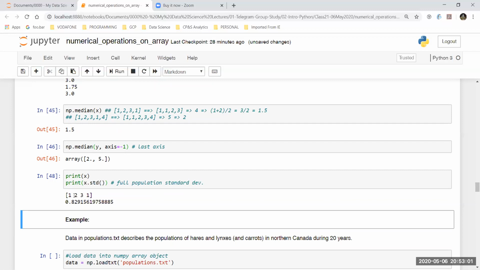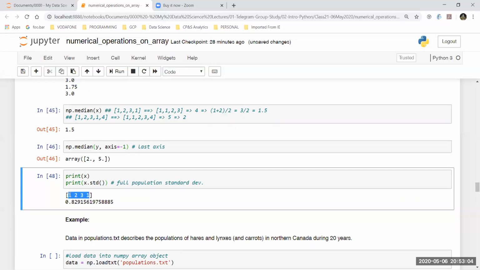Example, if this list is that of the ages of the kids of my four cousins, each one of them having a kid, and this is the age of their kids. So I'm taking a standard deviation of the ages of the kids of my cousins. This output over here is also in the same scale. Had it been the case that I calculated the variance, the variance is never in the scale of the numbers, right? When we do the calculations related to statistics, we'll come to know why this is the case.